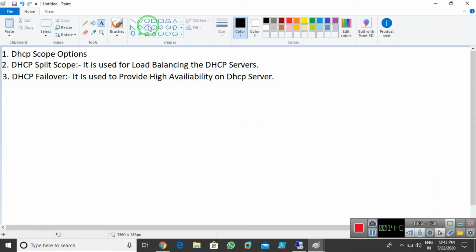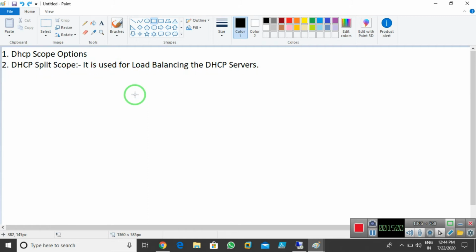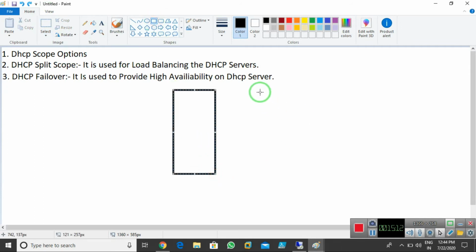What is the meaning of high availability here? Imagine I have again 2 DHCP servers with me. This is DHCP server 1 and this is DHCP server 2.